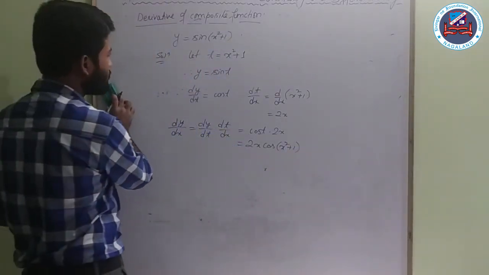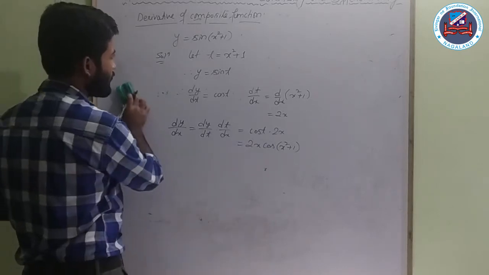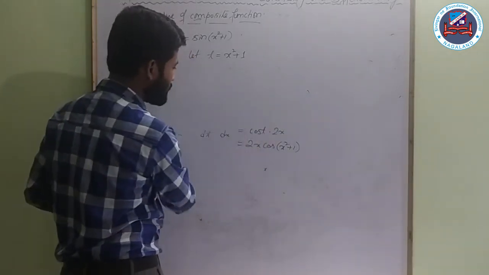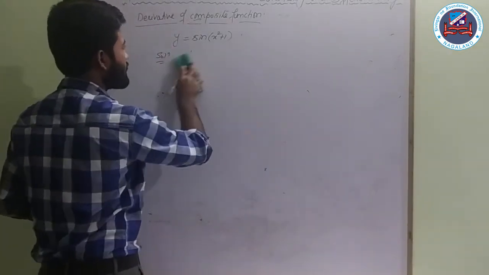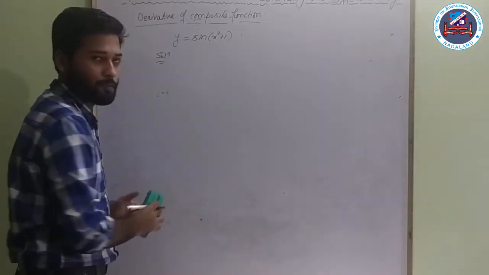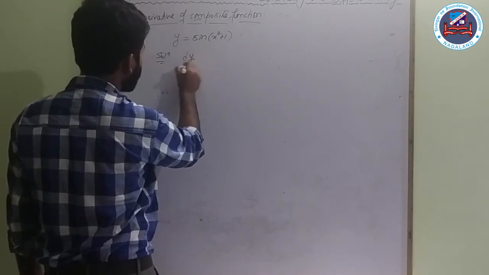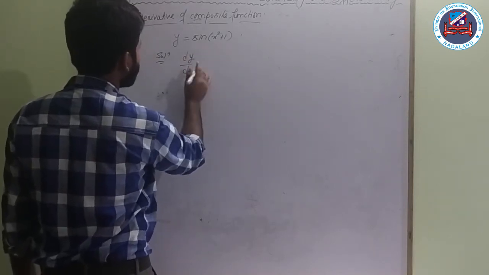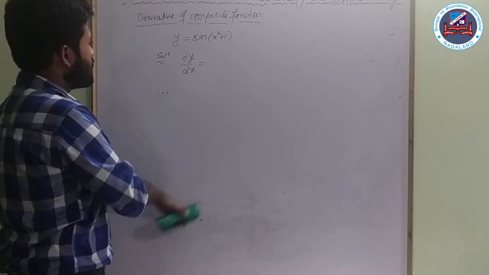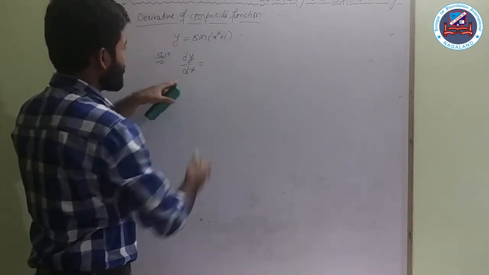Now more simply, this is the general case, and after doing a few problems you will see that we can easily do such kind of problems. If I have this function, then just in your mind assume that this is our t. Fine. So I want to take the derivative of this function with respect to x.